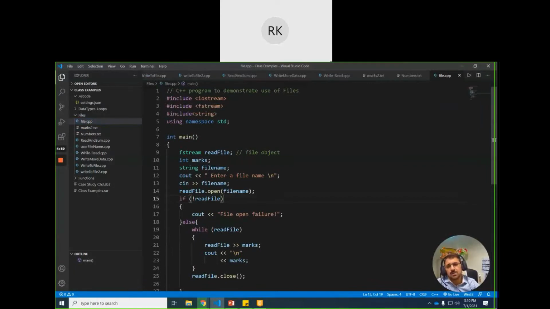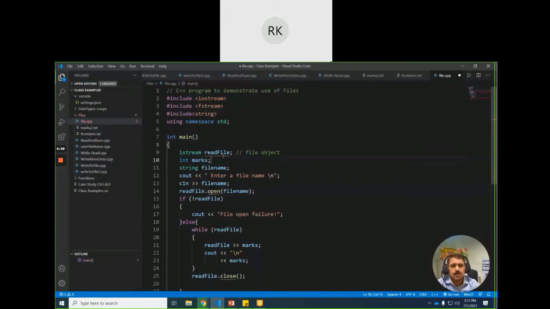If we want to deal with files, we need the fstream header, and we can create two types of files, one for reading and one for writing. For reading it is the input file, ifstream, and for writing it is the output file, ofstream. But as I told you, we will use fstream. Fstream is for both. If we use this one, you can actually change it to